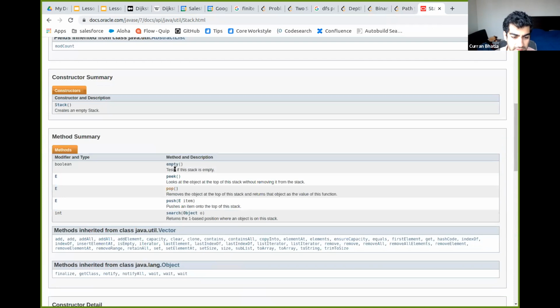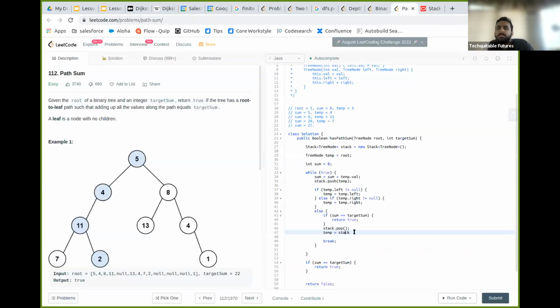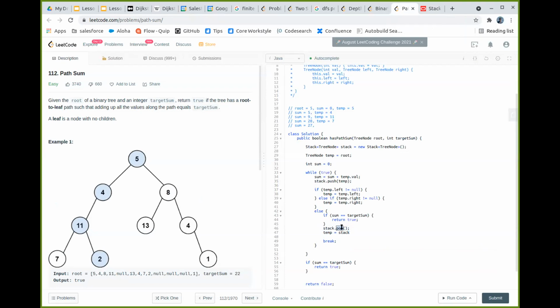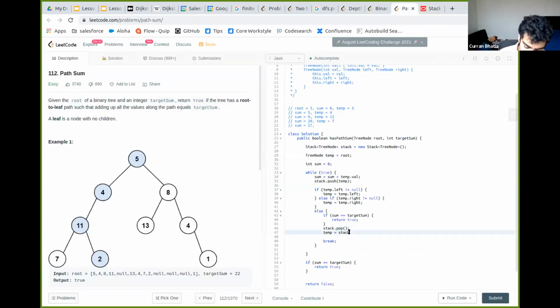Let me just look at this real fast. Oh, at the top of the stack. Is it peek? No, peek would be at the top. Oh yeah, we would do the peek. Whoever said that, that was good.